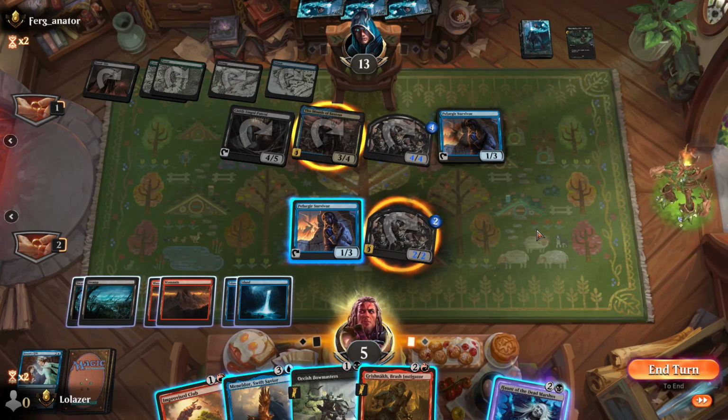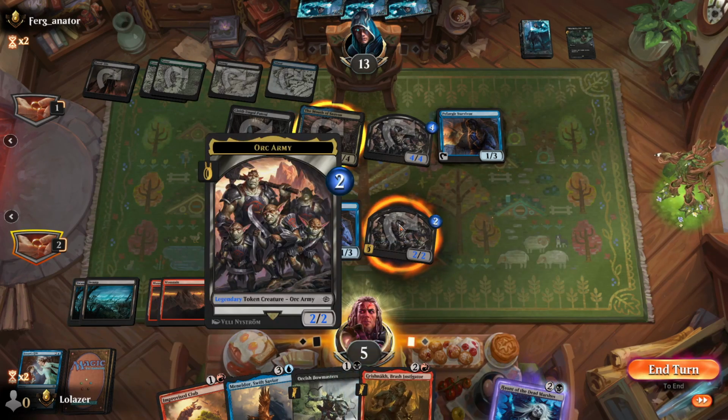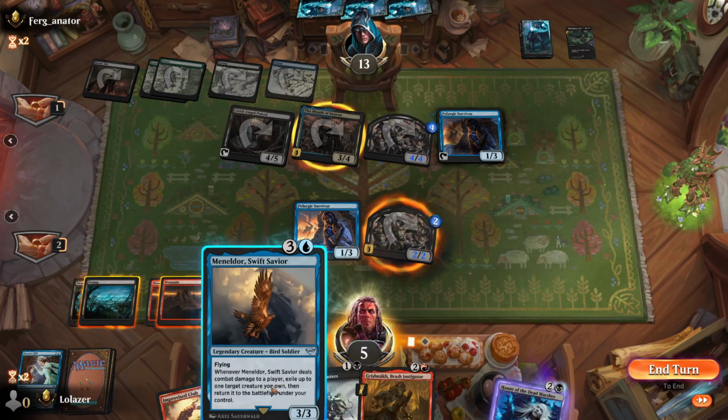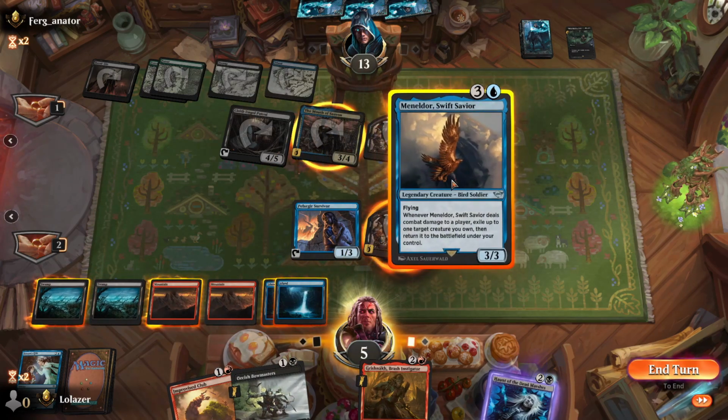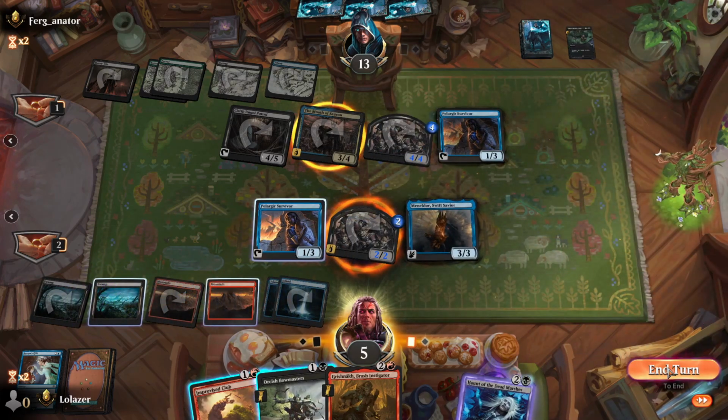And now we can actually Grishnak, Orcish Bowmasters. The Grishnak doesn't actually do a whole lot for us here. The Meneldaur does. I think we actually want to just Meneldaur. Get the Meneldaur down, and then we can Grishnak next turn. Yes, I think we Meneldaur and then we're going to block